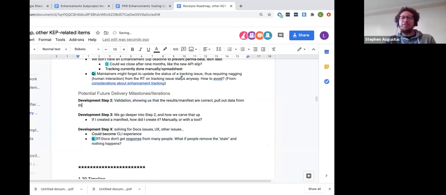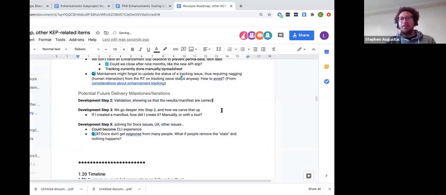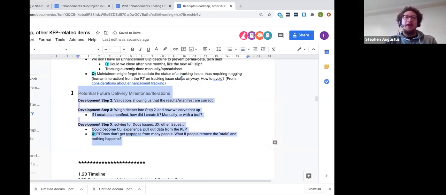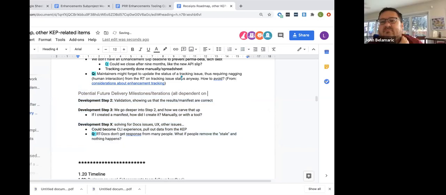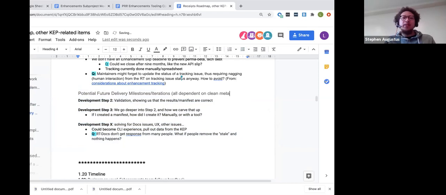If the SIG's saying, I know which KEPs I'm going to do, I can write a script around kepctl if I wanted to do the proposal, and then issue the PR. And that comes back to whether the metadata is clean. So we need to do that cleanup and apply stricter and stricter validation as everyone gets better at making sure that the KEPs are up to date.